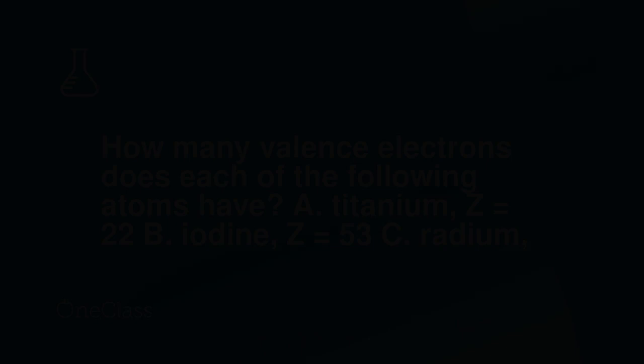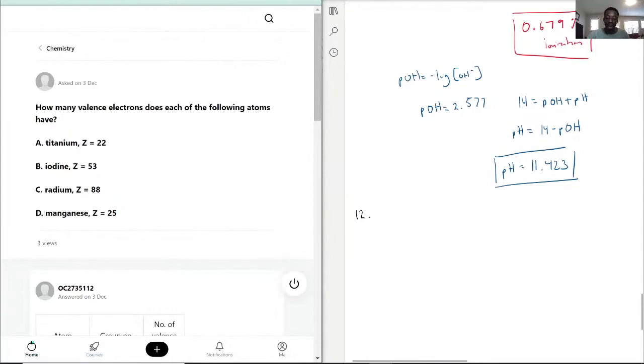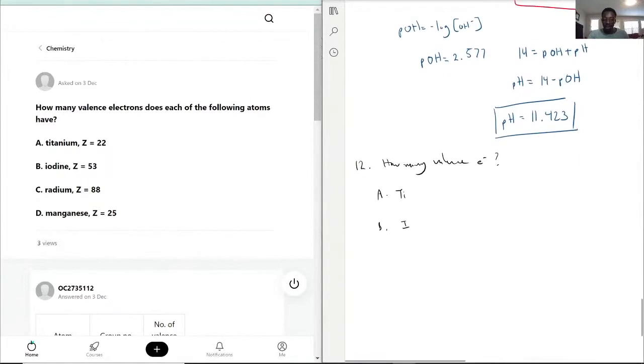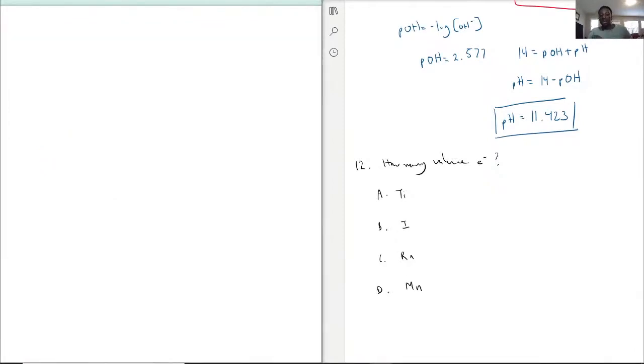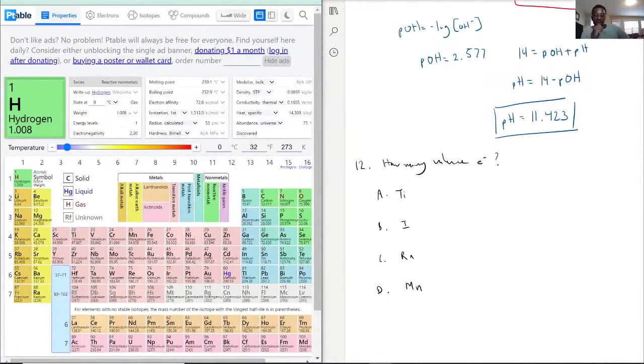How many valence electrons does each of the following atoms have? A, titanium. B, iodine. C, radium. And D, manganese. Okay. So for this type of question, to find out the valence electrons, especially if we're dealing with things